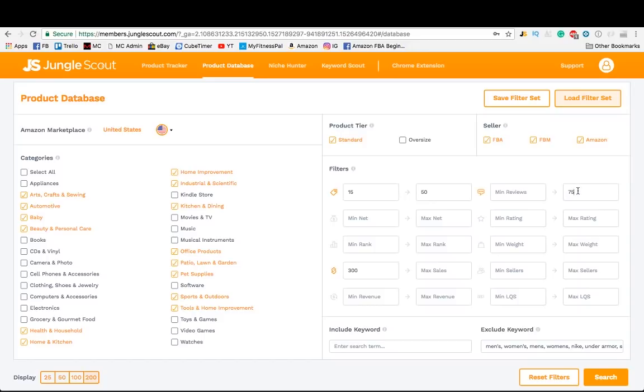Now why a maximum of 75 reviews? Competition in a niche is based on the number of reviews each listing has on the first page. You want to find a niche that has demand but that is also not too competitive so that you have a chance of getting your listing ranked onto the first page. Now, why do you want to get your listing ranked onto the first page? 70% of all online sales are made from the first page. So if the competition is too high, you'll have a very difficult time trying to achieve this, if at all.